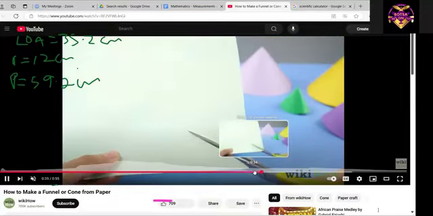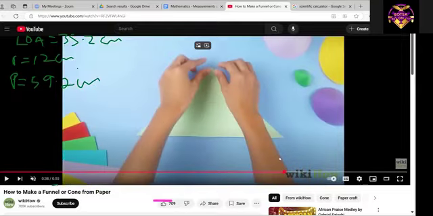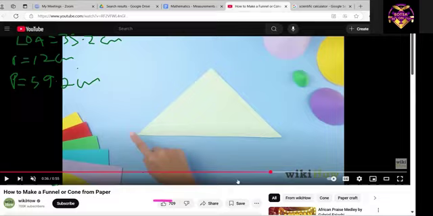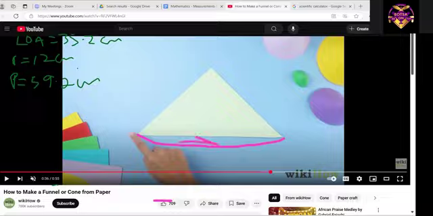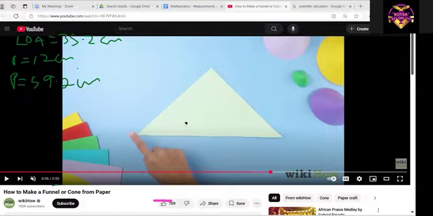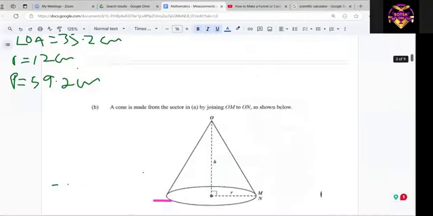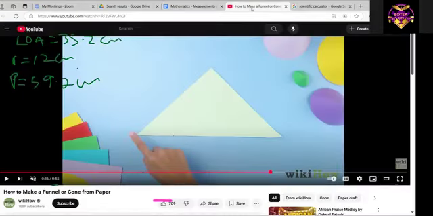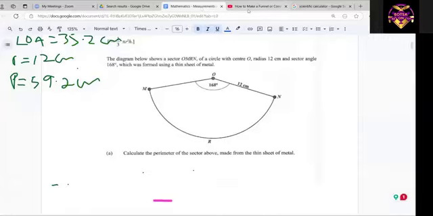Right, so you see this person using a triangular shape. The only difference is they didn't cut it as a sector. If they had it like a sector, it would have looked exactly like the previous shape we had before. But regardless, whether it looks exactly like the previous shape or they have it as a triangular cutout, when it's full, it will look similar. So a few things you'll want to pay attention to here. Just now, I'll go back to the video. When a shape similar to this is folded,